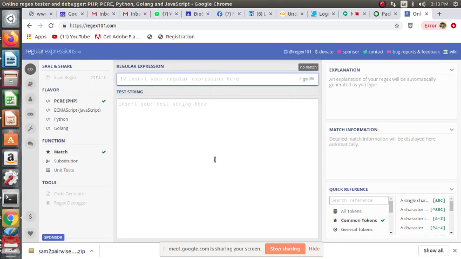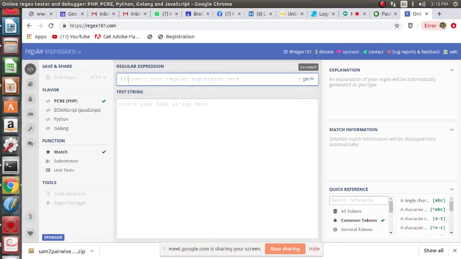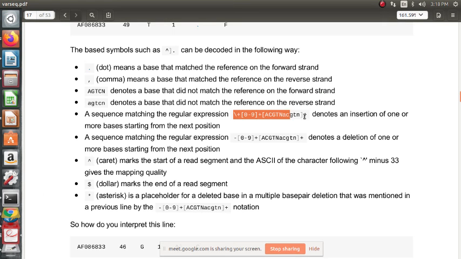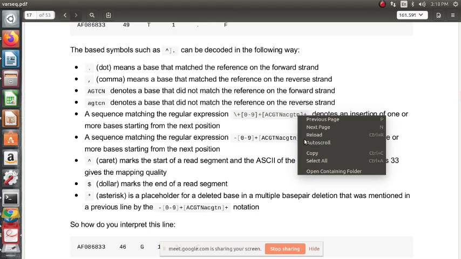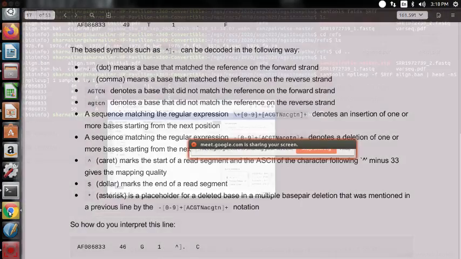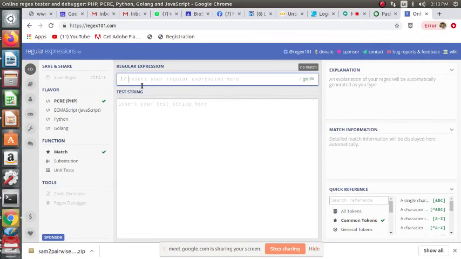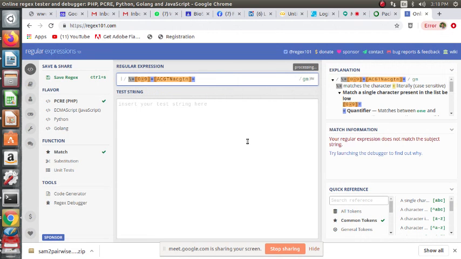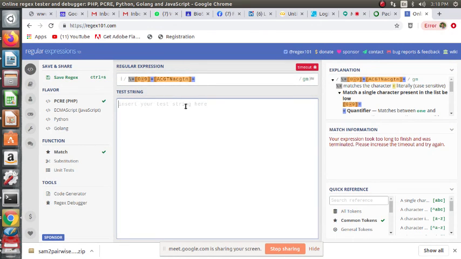Insert your regular expression here. Okay, it's timeout. Let's take a test string.